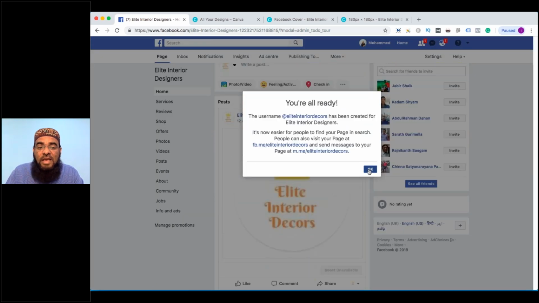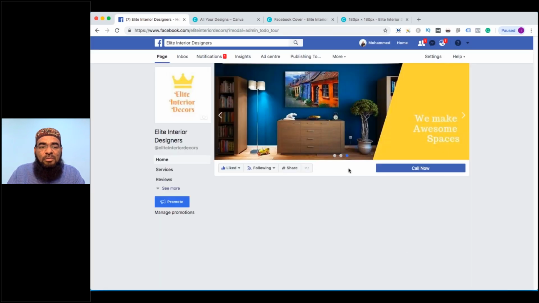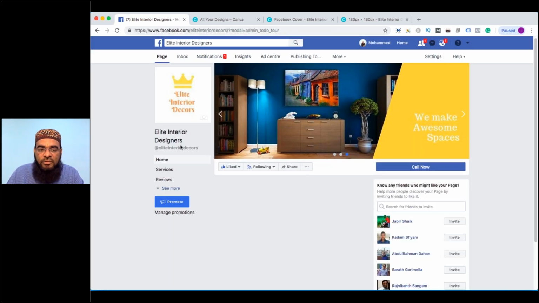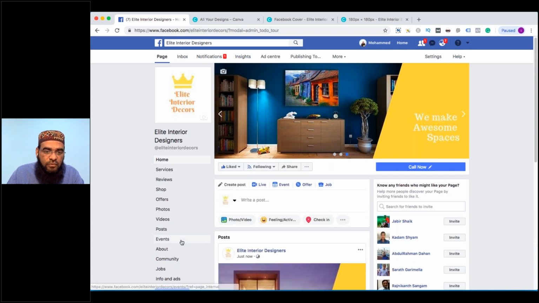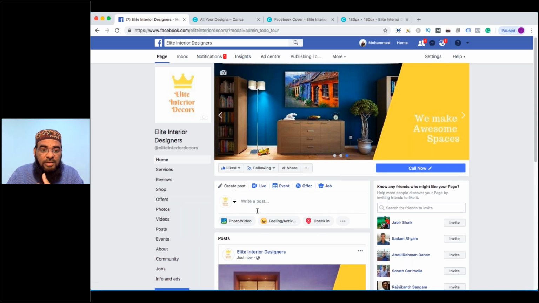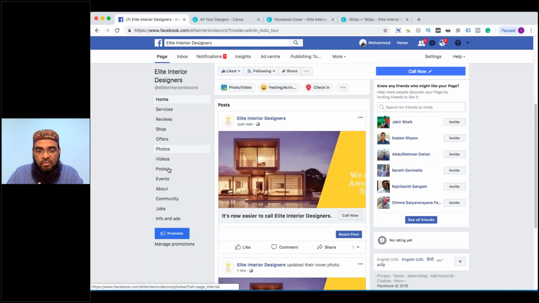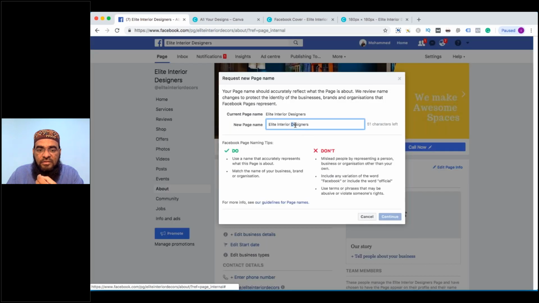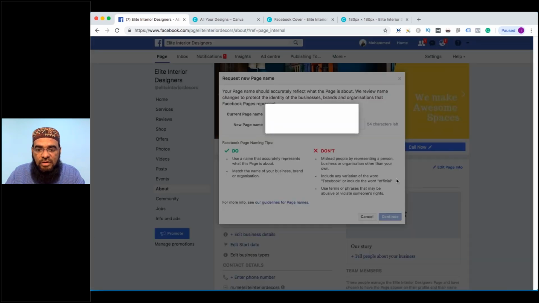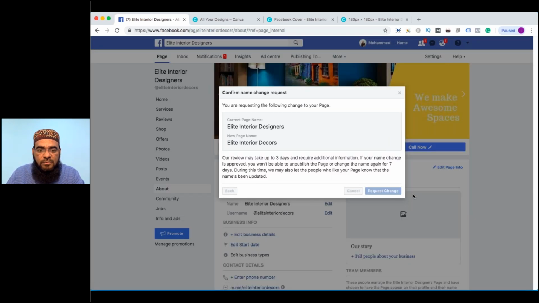Perfect. And some of you may have a problem. You may not be able to create this username. See, my account is an old account and it is not a new account or a dummy account. So for that reason, I was directly able to create it. But some of your accounts, you try, you may have a problem in that, right? You may not be able to do it. So you get an error message, etc. So in that case, please wait for some time. After that, you will be getting that option as well.